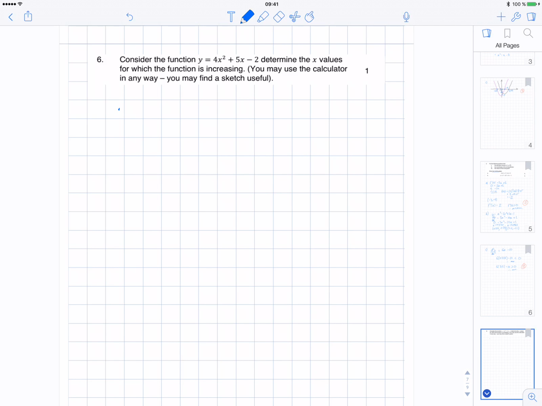And then all I'm going to do is find the menu, analyze graph, minimum value, go left of the minimum, right of the minimum. I can see that the min is at x equals minus 0.625, therefore